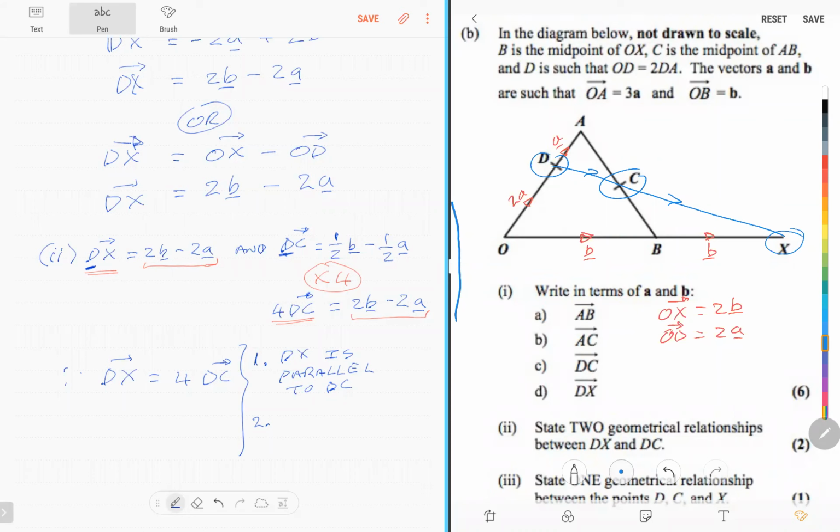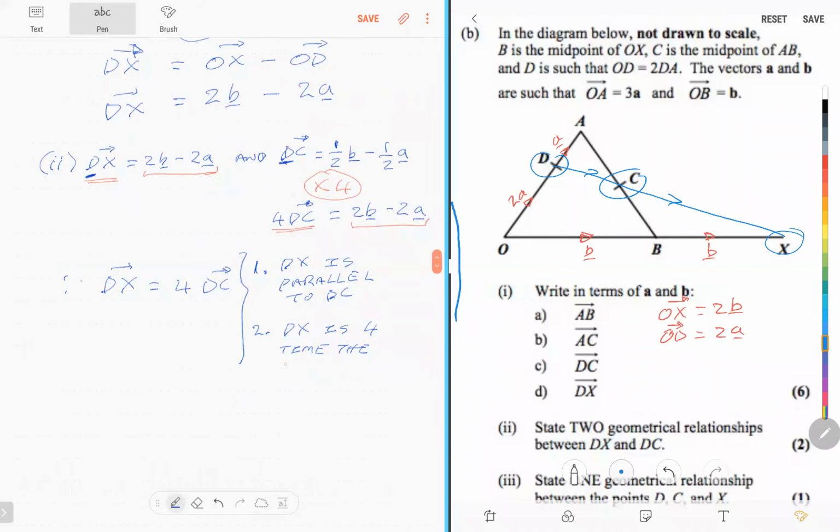So you can write that. dx is 4 times the length of dc. That's what this equation is saying. All right, dx is 4 times the length of dc. Because the vector is 4 times as long, then the length is also 4 times as long. All right, and then now part 3